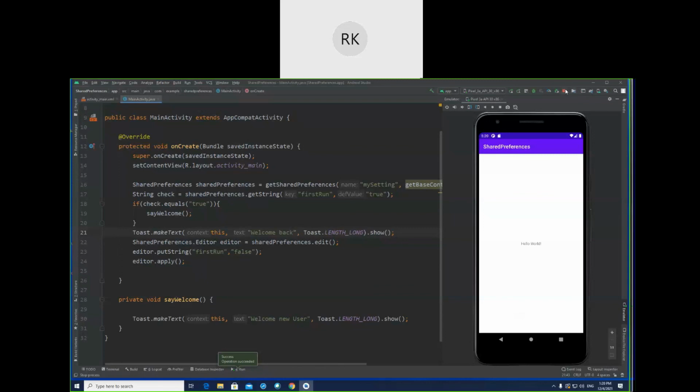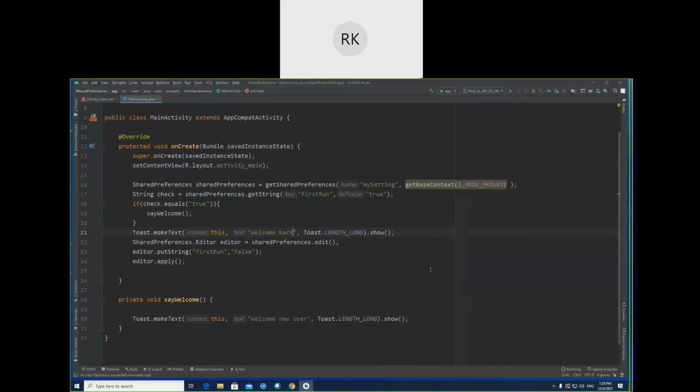So the main point is how to use shared preferences. And what is shared preferences? Shared preferences is a small memory reserved for each application, each project, or each app. In that shared preferences you can store values in the form of key value pairs. You can give any key and store any value for that. On the basis of these key value pairs you can make decisions.